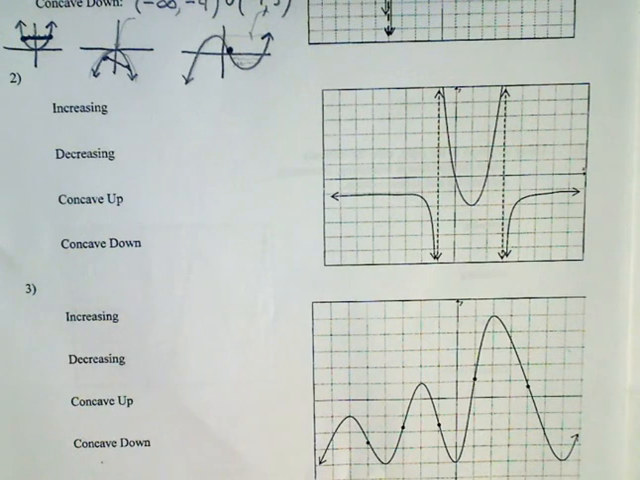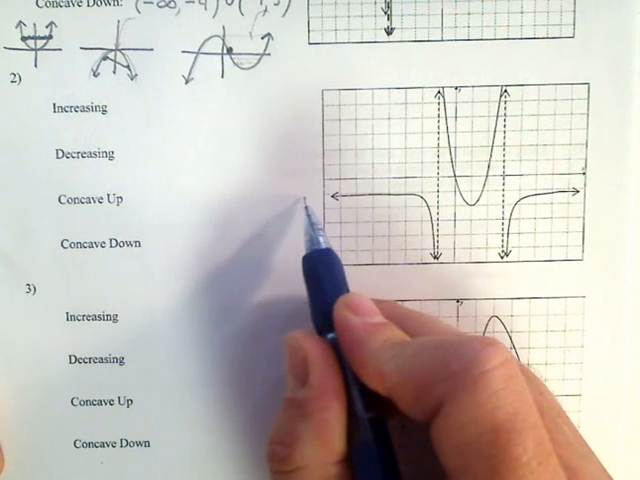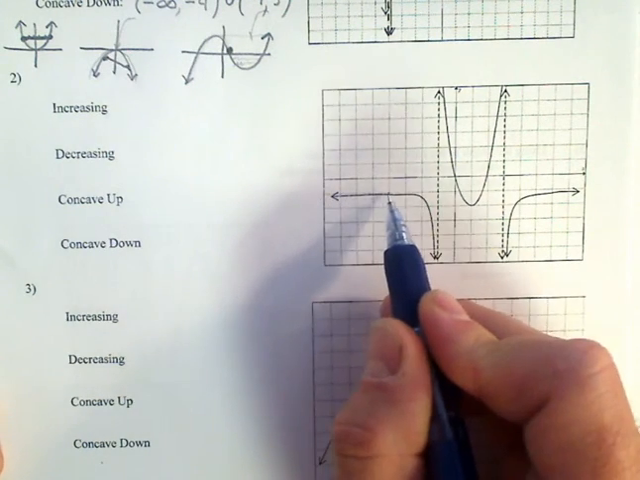Okay, here's problem number 2 on Piglet. I always go left to right. There are some people who like to do all the increasings and do all the decreasings and do them individually. I just go left to right so I don't skip any sections. So, as you start from negative infinity and you slide to the right, is the graph increasing or decreasing right